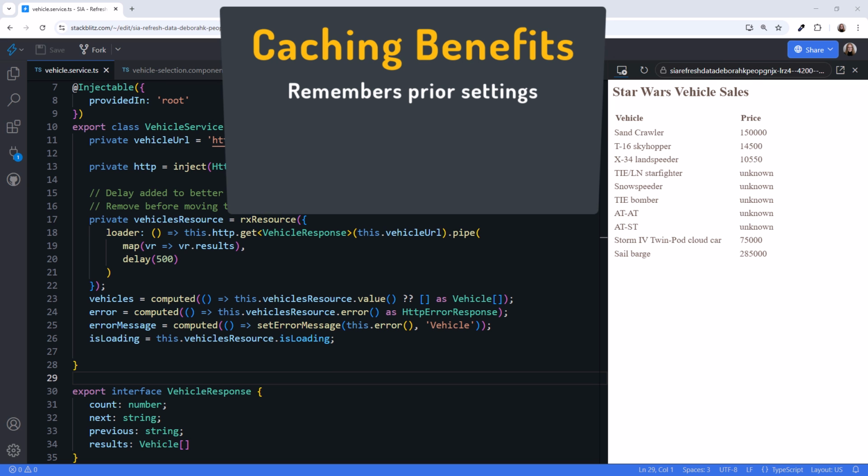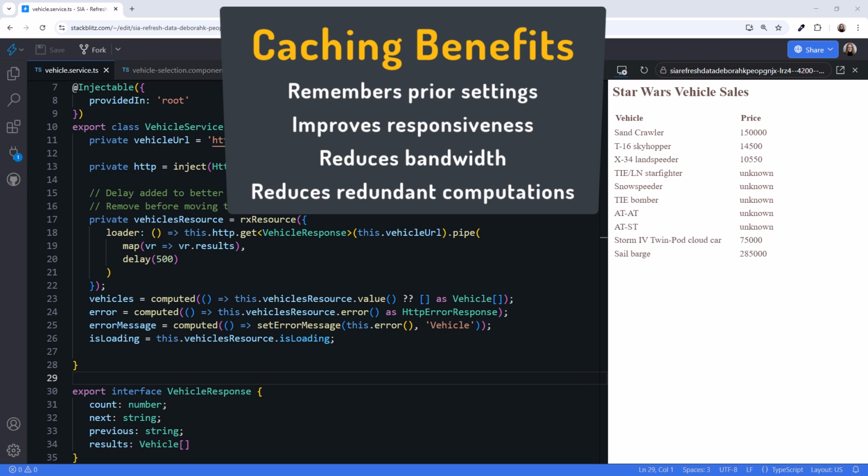It remembers prior settings. If the user set search criteria or filter options, for example, those settings would remain when the user returns to this page. Caching improves responsiveness. If we cache retrieved data in the service, the next time the user navigates to the page, the data is available and ready for display. Caching reduces bandwidth and network consumption. This is especially helpful for users with bandwidth-restricted devices or slow networks. And caching reduces redundant computations. If we execute some code, like our mapping here, we can cache the result so we don't have to repeat